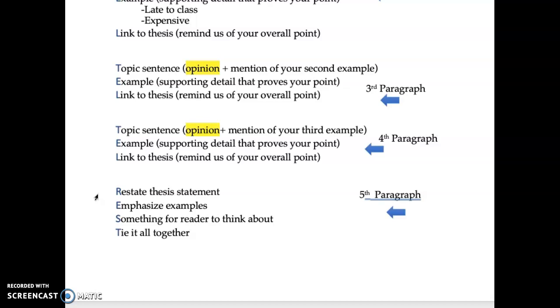Think of it as having written this whole paper, how can you restate what your main point is from the very beginning? Emphasize any examples that stand out to you as important, that people want to remember. I always say to students that when I put down your paper and I go to wash my dishes, I want to still be thinking about some of those examples you had in there. So pick those carefully, make them very memorable.